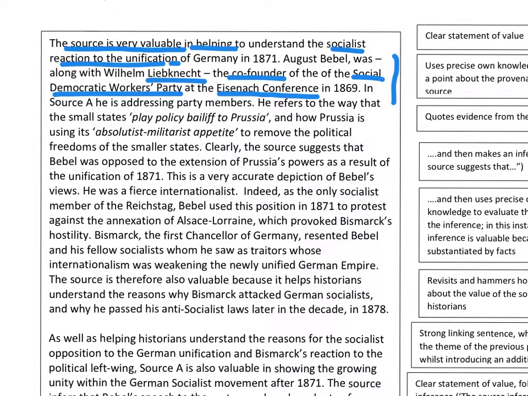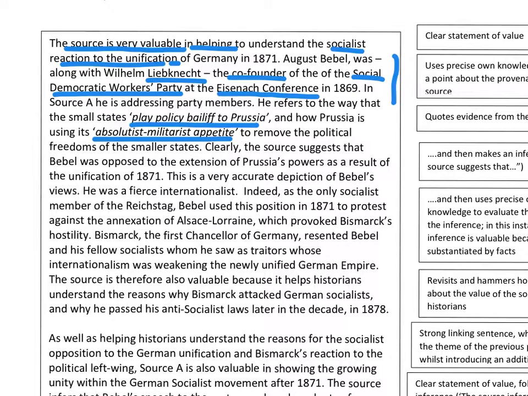He refers to the way that the small states play policy bailiff to Prussia, and how Prussia is using its absolutist militarist appetite to remove the political freedoms of the smaller states. Okay, so what you've done there is you have extracted a couple of quotes from the source, which is evidence. And the next bit is the important bit, not because that's a low-level skill. Anybody can copy a couple of lines from the source, but what you've got to do is show that you